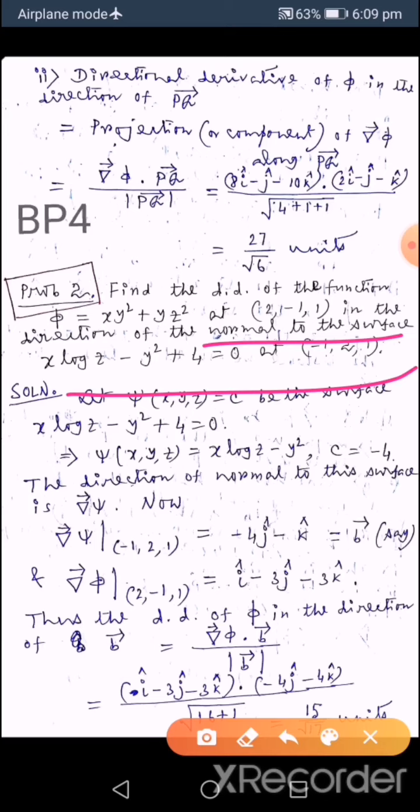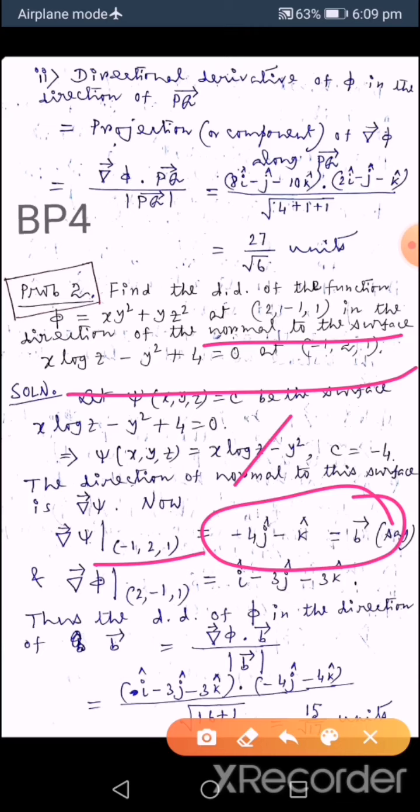We first let psi(x, y, z) equal to c be the equation of the surface x log z minus y square plus 4 equal to 0. So we have psi equal to x log z minus y square and c equal to minus 4. First we find the direction of the normal to the surface, which is equal to del psi. So del psi at (minus 1, 2, 1) gives minus 4j minus k, equal to b, vector b say,